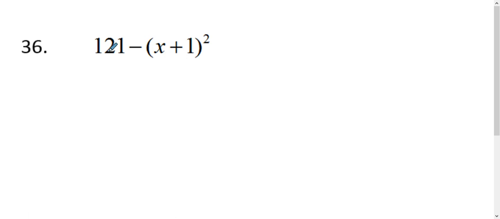Here we have 121, which is 11 squared, and then parentheses squared. Two ways to do it. We could do that u substitution again. You can say that's u squared. Or maybe you could go about it without doing that. It's not that